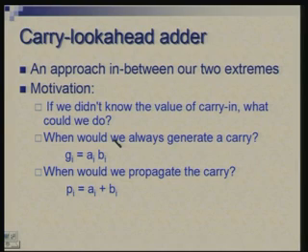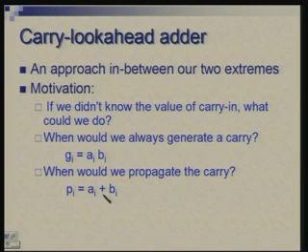What we notice here is the condition under which one particular stage generates a carry and the condition under which it propagates a carry. When AI and BI are both 1, then irrespective of the carry coming from the input side, a new carry will be generated. We denote this by GI. So, GI is the condition when a carry gets generated in the ith position irrespective of what has happened towards its LSB side.